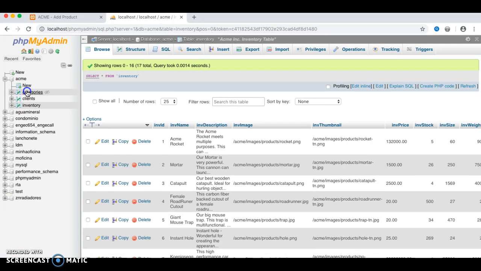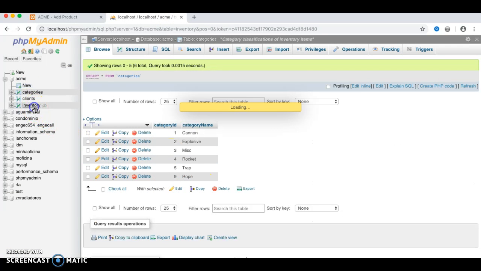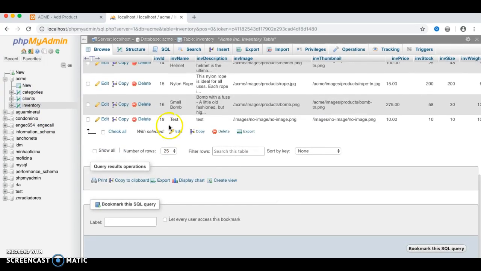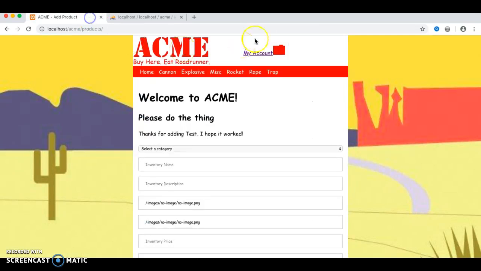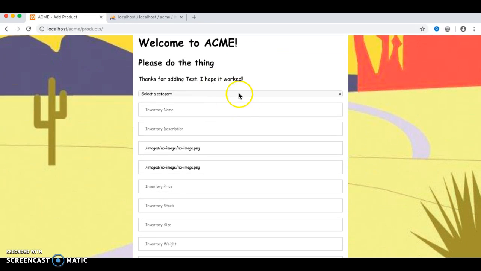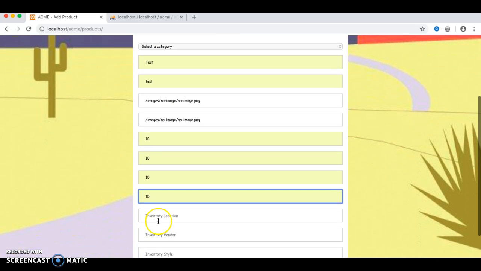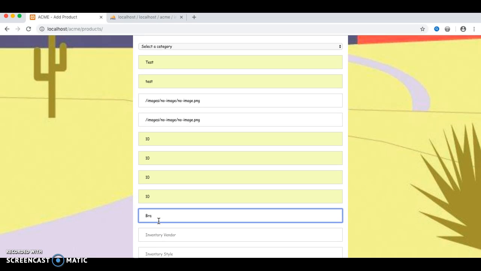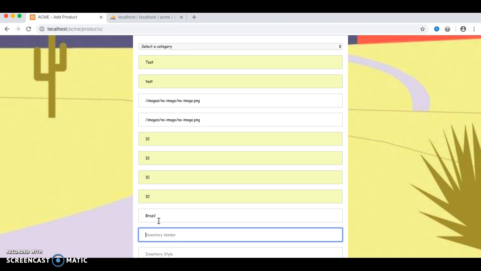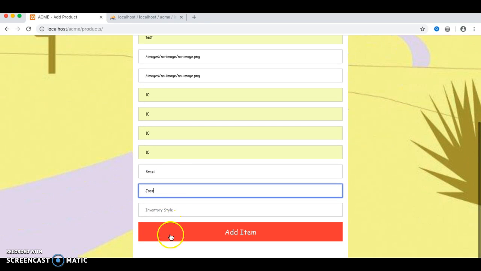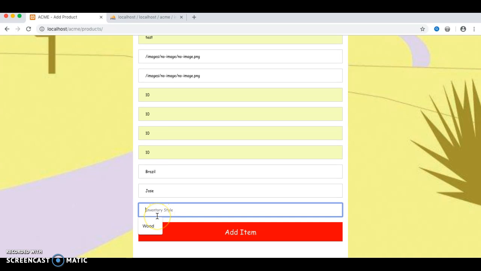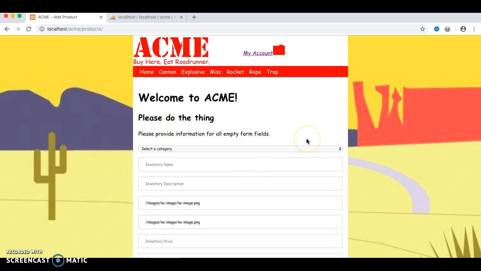I'll show here categories, row, show here inventory, test. Now I will do this without selecting a category. I got here my error message,